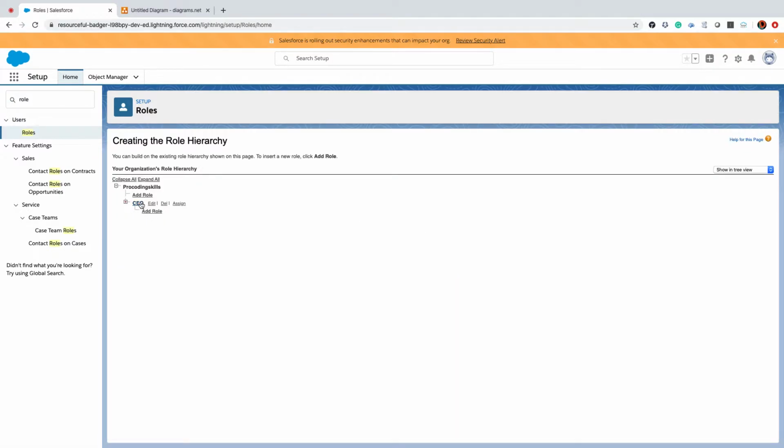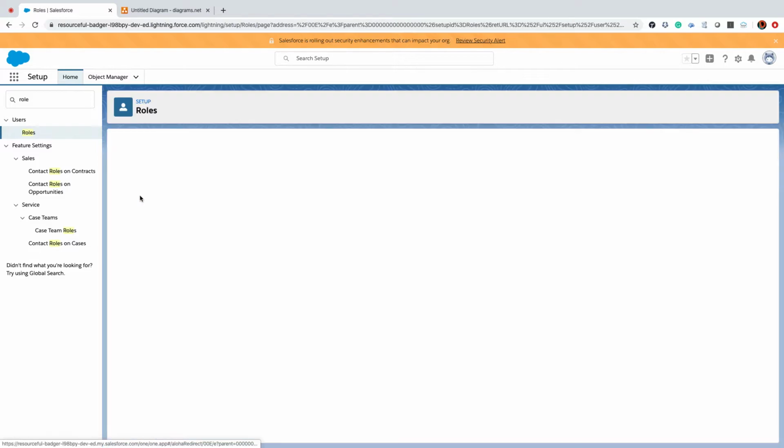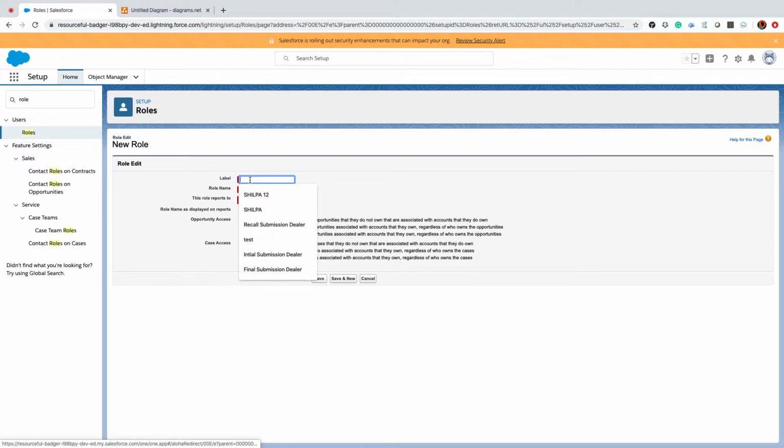Let's not worry whether we have the CEO and all. I'll add another role, and I'm just adding a role called manager. Now you can see opportunity access. Users in this role cannot access opportunities they do not own. Now I am saying by default in this role, the user can edit all the opportunities associated with any accounts which they own. Let's say I have an account in my name, but that account has many opportunities created by some other users. Do I need to edit all those opportunities because I am the account owner?